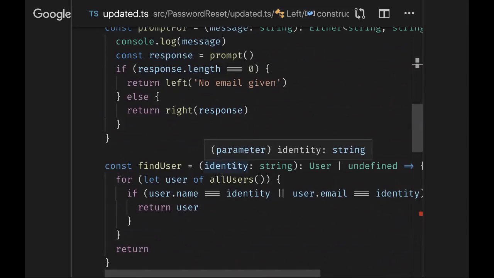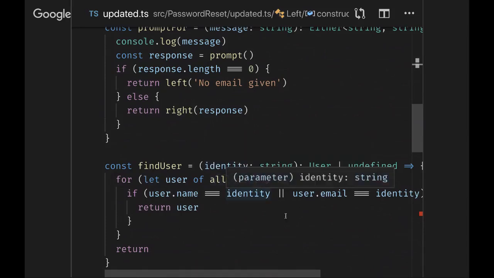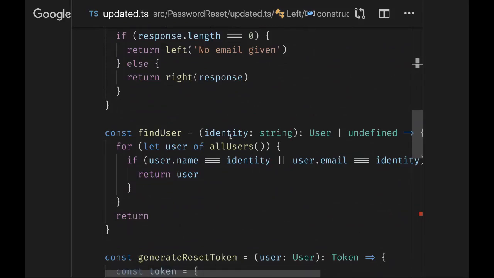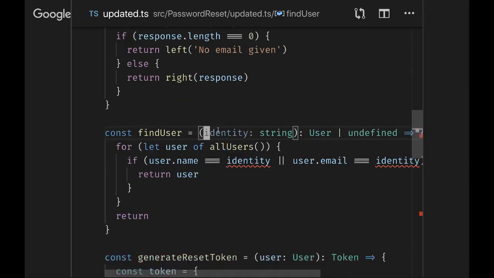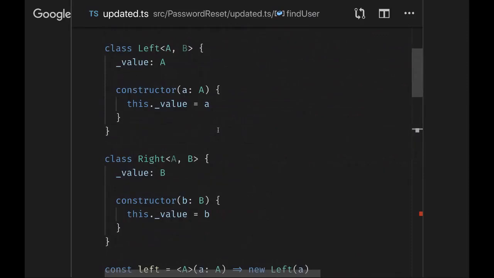Right? So yeah, can you just define the parameter as the either type? I can. That's totally reasonable. I can have any identity that's an either string or string, and in every single function check if it's a left, and if it's a left, return it. I totally can do that. That'll work. But I don't want to have to remember. I'd like something more sophisticated. What I'd like is for my either type to handle that. I want both of these to implement a common interface where I can say, here's a function, do your thing, and the left and the right both know what to do. I want some kind of polymorphism.